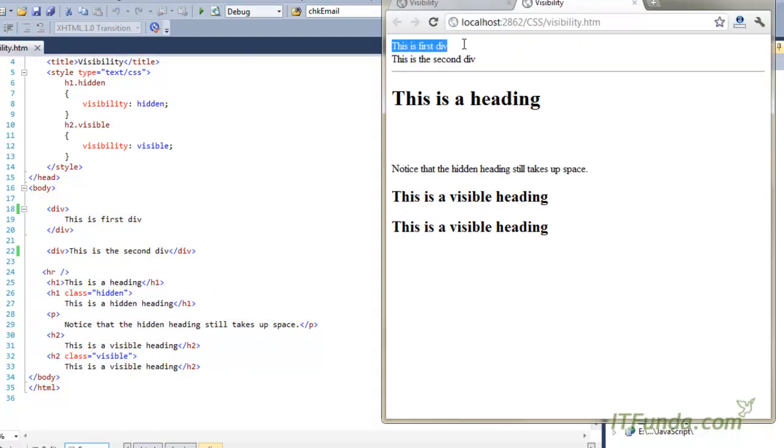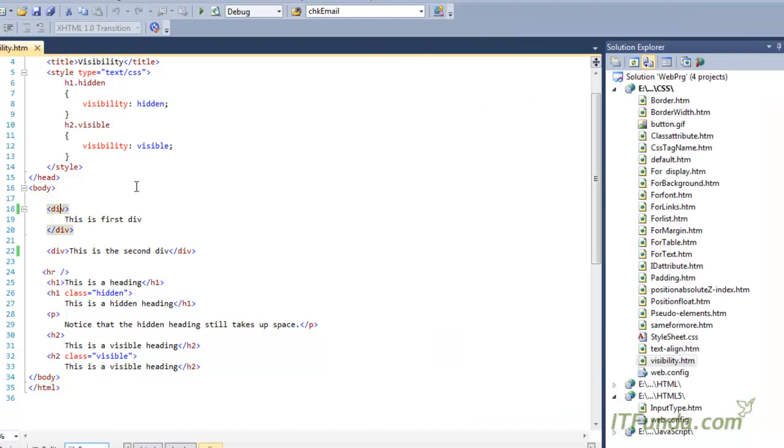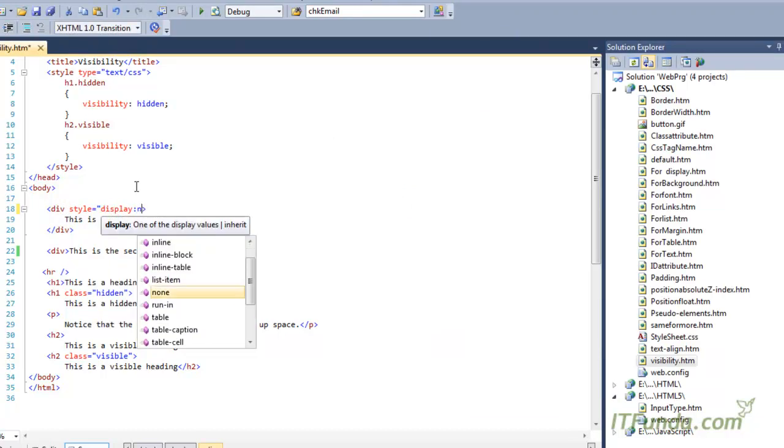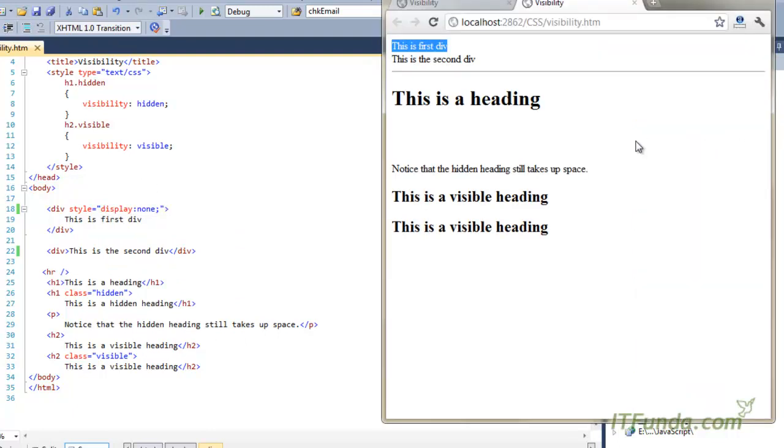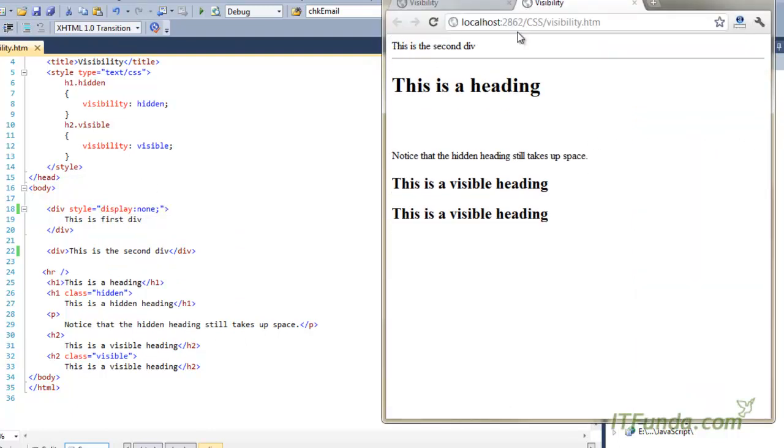So here we have first div and this is the second div. Now in case I want to completely hide the first div, then I will simply write style is equal to display and none. Now what will happen? The first div will completely disappear from here. Okay.